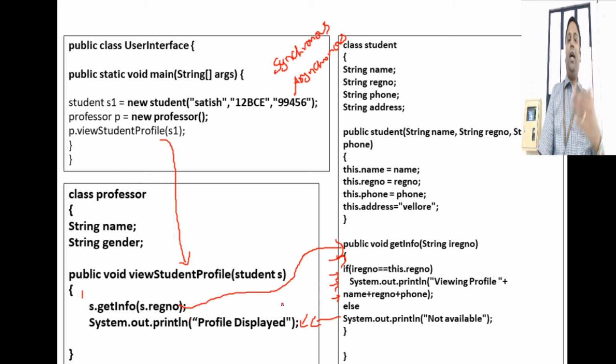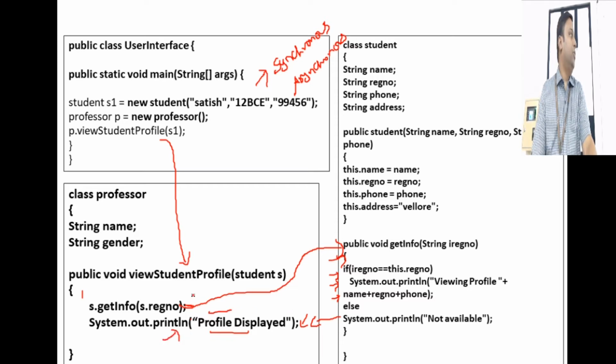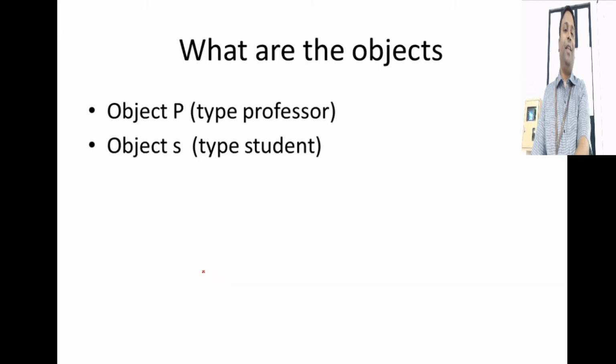So this method is actually waiting for a return from this method. So when you call a method and this method suspends all its activities, waits for this method to return void, then you call such calls synchronous calls. Say this profile displayed will not be shown to the user until this method finishes the execution. So you call and then you get a return back, then this statement gets executed. Such kind of calls are called synchronous calls. Okay. You understood how this piece of code works? Very simple. So now we will go and model the objects. So what are the objects participating in this scenario? We have a professor object and we have a student object.